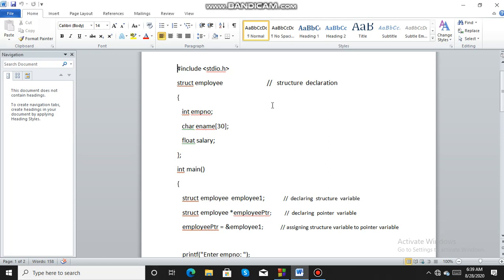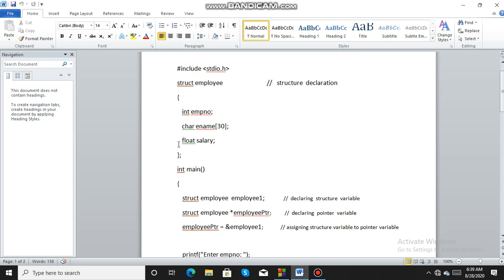For example, in this employee structure, we have employee number, ename and salary. Employee number is an integer, ename is character and salary is a float data type. Whenever you declare a structure, you write the keyword struct and the name of the structure.